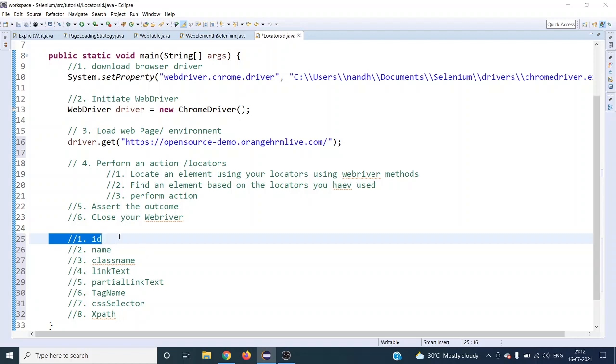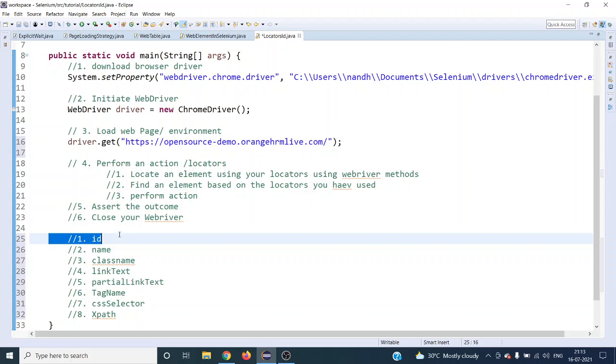Whenever you are choosing ID, you have to look for some preconditions. The first condition is that the element you are going to work with should contain an ID attribute. The second is that this ID should be unique in your HTML document. And the third is that it should be consistently predictable by the WebDriver or manually also. So these are the 3 conditions you should look for when you choose ID as a locating strategy.